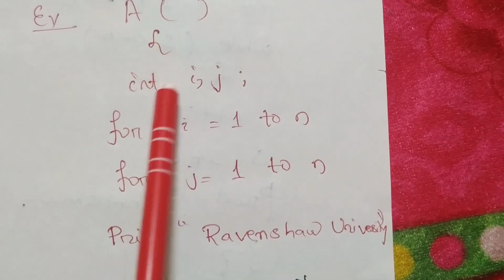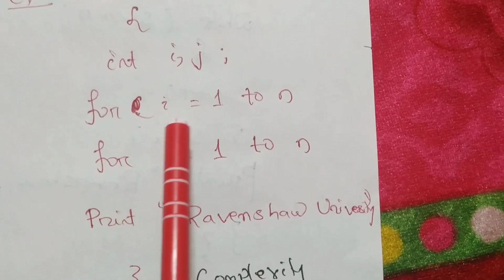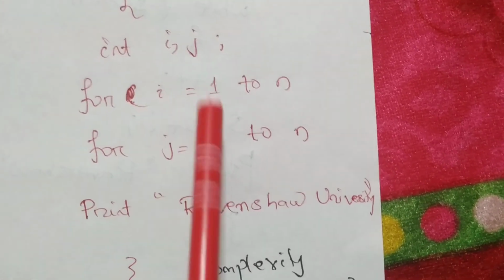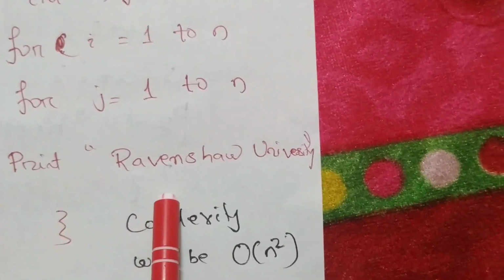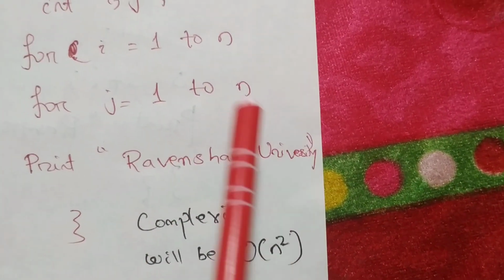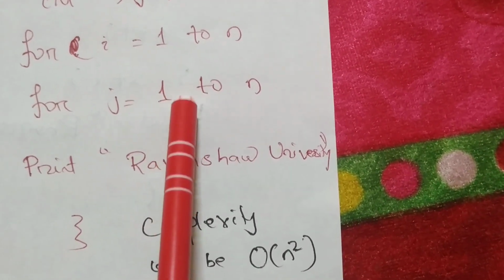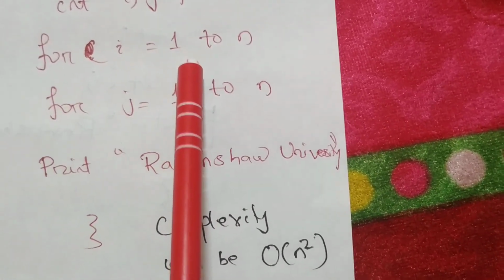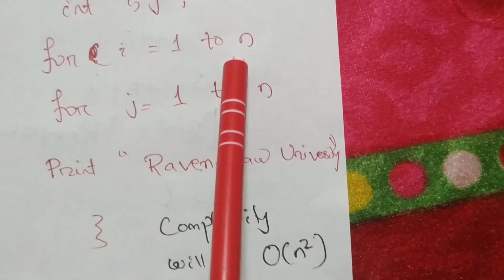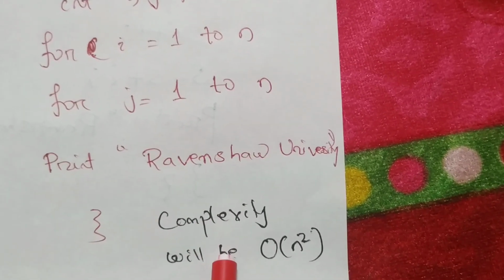See another example. So here is a function we have written. i and j are two variables. One is the inner for loop, another is the outer for loop. This is inner, this is outer loop. And here we are writing Revensa University, and we always know the inner loop will be executed first and it will reach up to the n condition. When this condition fails, the outer loop will be updated. So here it will execute up to how many times? n into n, so n square. So the complexity of the algorithm will be what? Order of n square. Okay.